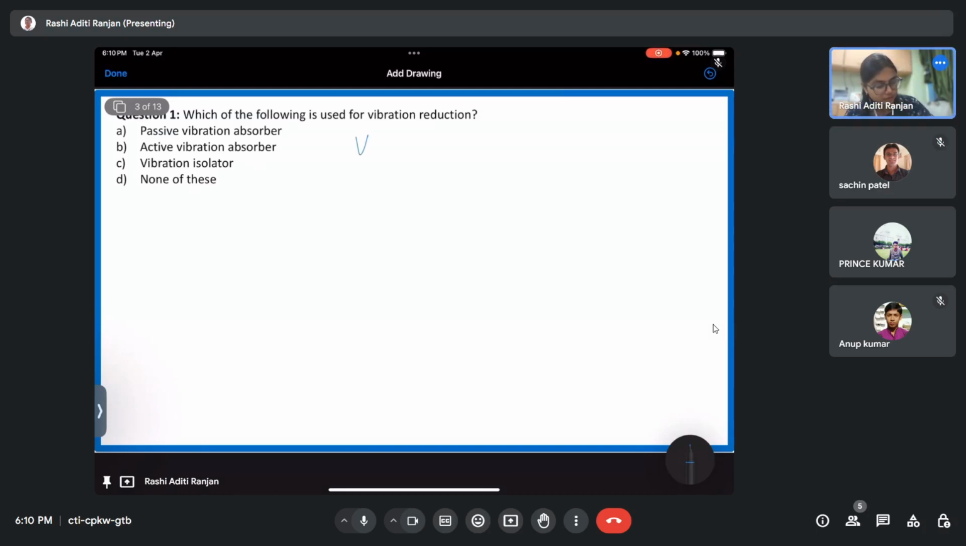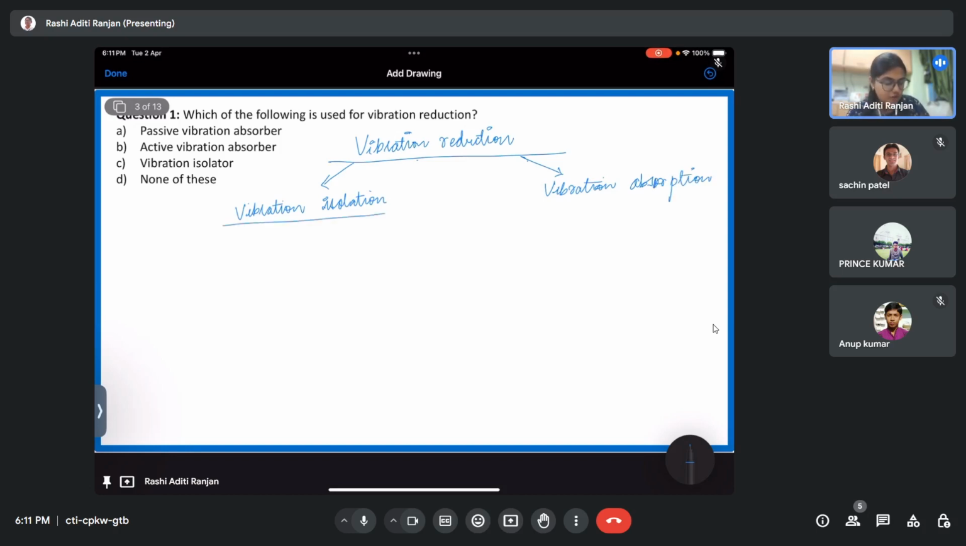So we'll talk about vibration reduction. As the name suggests, vibration reduction basically means reducing or mitigating the vibration. Broadly, it is divided into two categories: one is vibration isolation, and the second one is vibration absorption. As the name suggests, one basically deals with the isolation of the system from the surroundings, and the second one deals with the introduction of some coupling between the system and the surroundings so as to mitigate the vibration. So if I talk about vibration